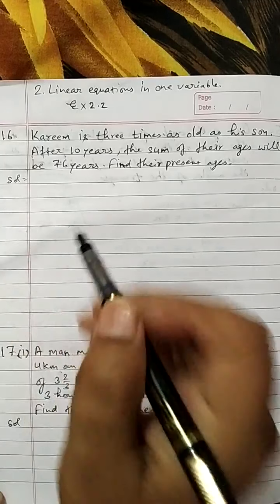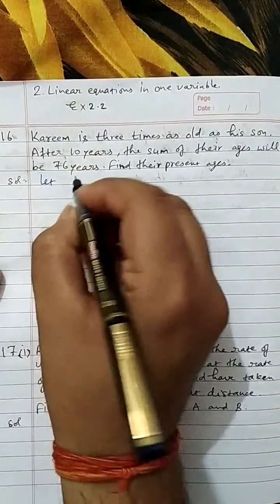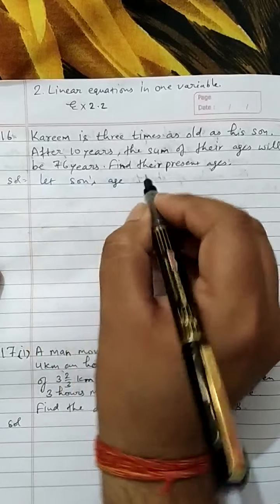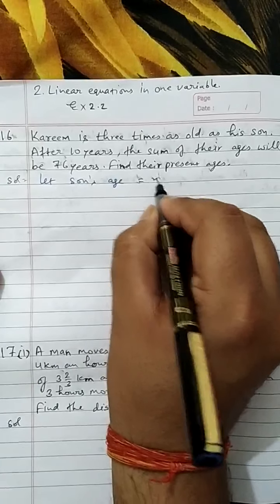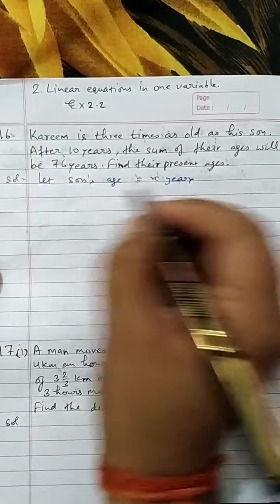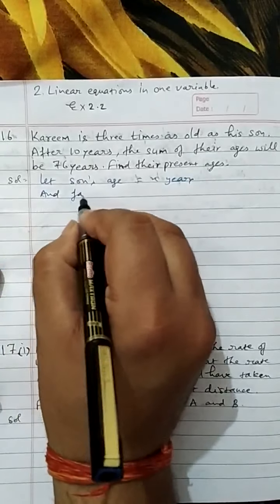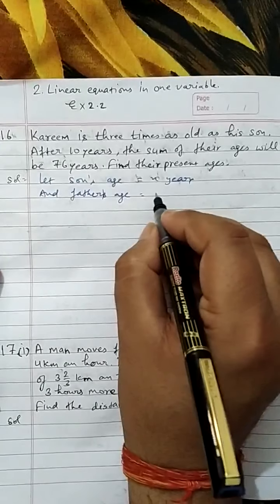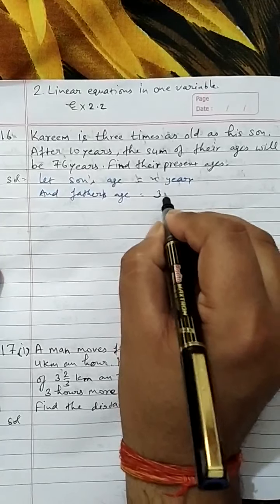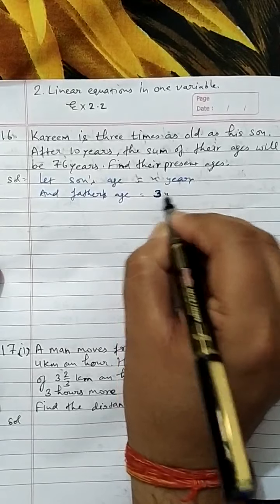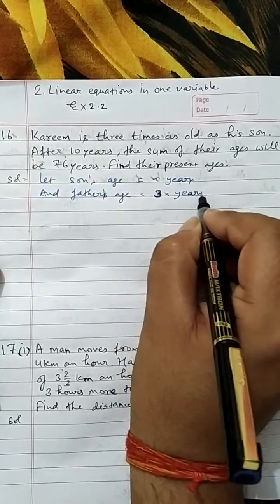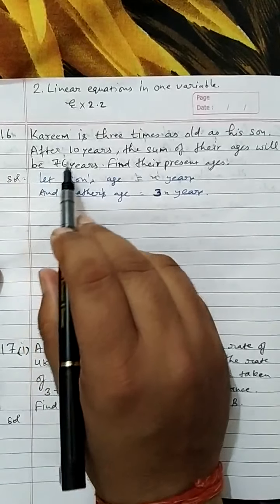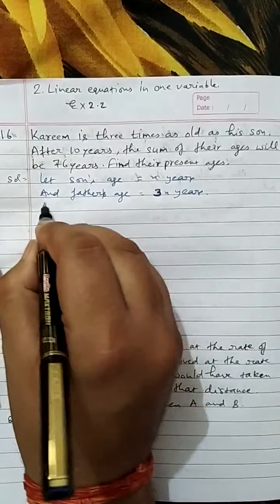So we'll write that, let son's age be x years and father's age be 3 times, which means 3x. So this is 3x years. Okay. The sum of their ages after 10 years will be 76. According to the question,